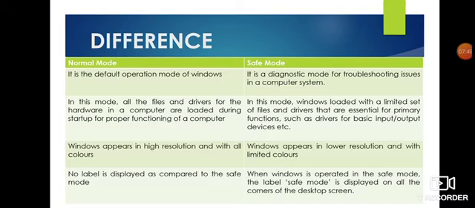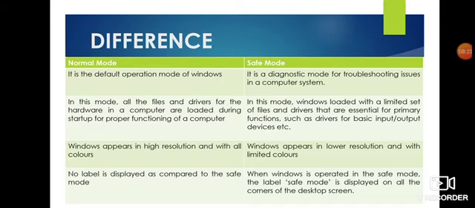So when you are in safe mode, you can see only limited options, like the operating system, then the input drivers and output device drivers. Next, in normal mode Windows appears in high resolution and with all colors. All the screens have a beautiful appearance, with colors and themes.